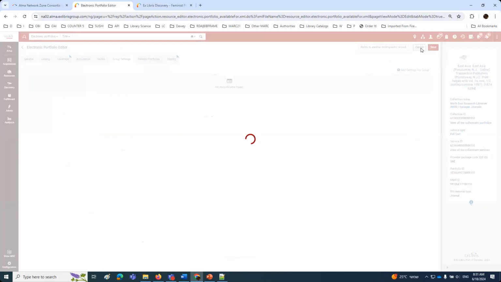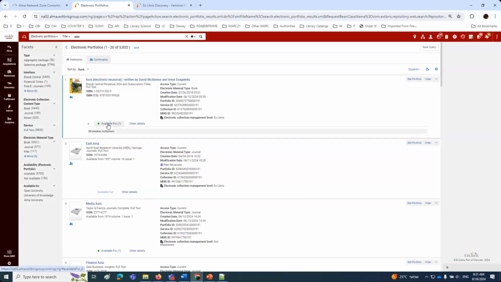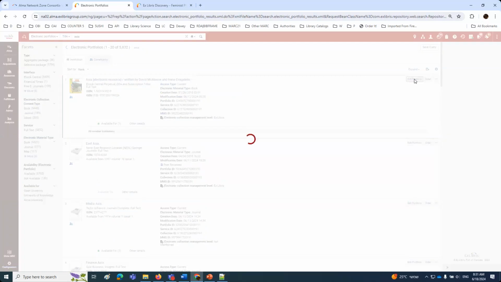Now, by the way, I'm surprised no one asked yet, what happens if I have it on the level of the electronic collection and then I go and do it on the level of the portfolio? For example, this is an eBook Central perpetual DDA. The portfolio inherits it from the collection. So this is a portfolio. This is not a collection. This is a portfolio. It's part of eBook Central perpetual DDA subscription titles. When I come to the available for, I see it's all member institutions. If I come here and I go to the group settings,